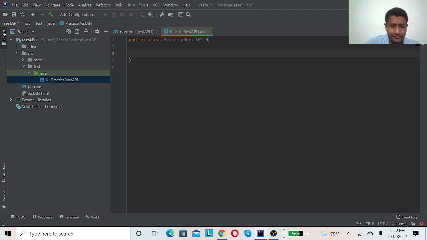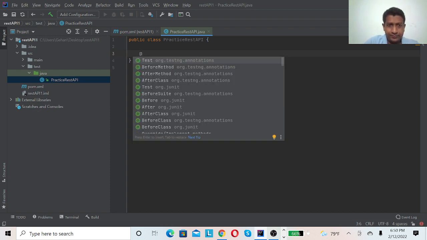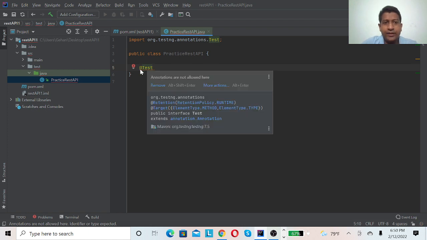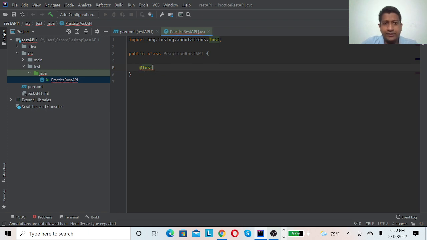And I'm using test annotations. Once you click on add test, it gets highlighted in red color. And you can see here I have imported testng annotations.test.